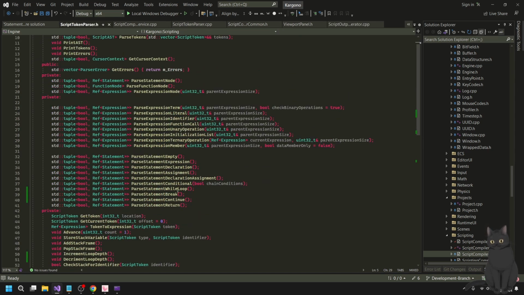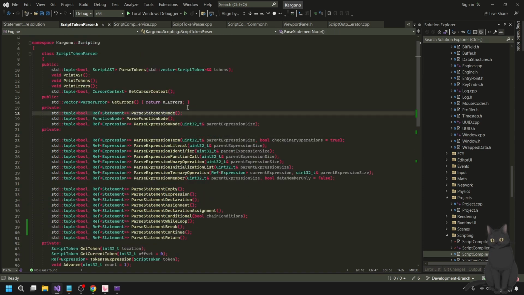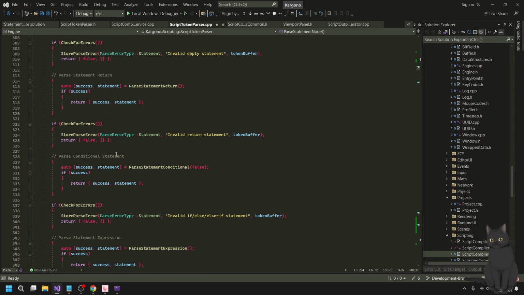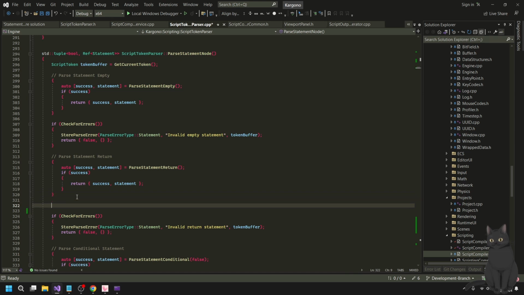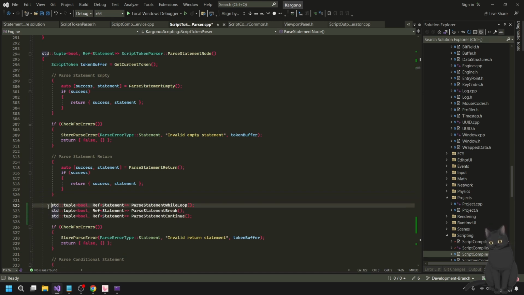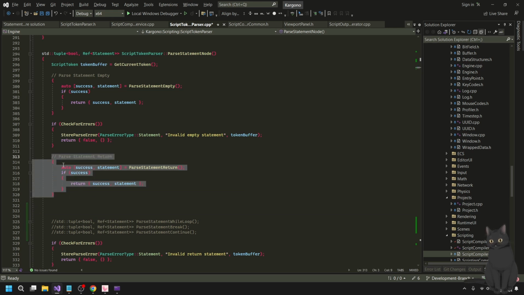So I wrote the functions for dealing with these, but then I never actually parsed the statement. So I need to add it over here. Let's see. And I need to be a bit particular about the order of this. So parse return statement. I'm assuming that this return statement is going to be kind of similar to the break and the continue.